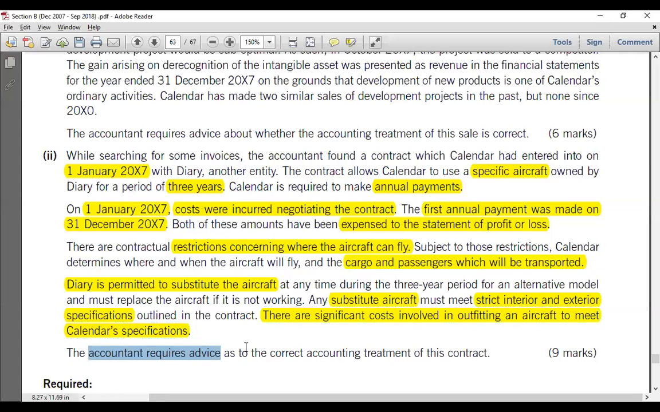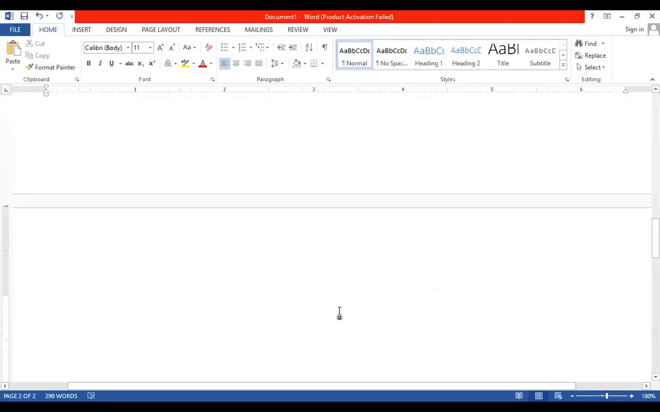The accountant requires advice as to the correct accounting treatment of this contract. Okay, so now let's write down the answer on a new page. So we can say that